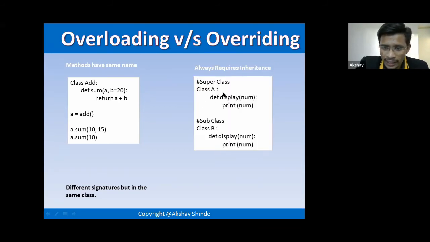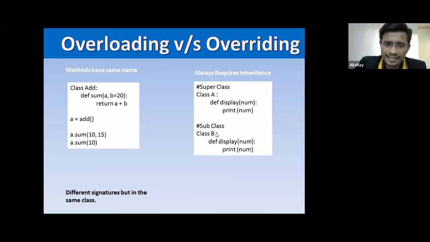There will be a superclass, and in that superclass there will be a function. In the subclass there will be a function with the same name. I forgot to add the square round brackets over here. So let me quickly show you. This is my parent class. In the parent class there is a function calci, which does the addition. In the child class I am inheriting all the properties of this parent, so the calculator function will also be there.